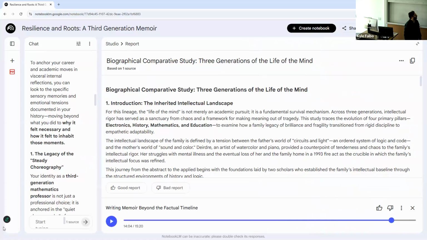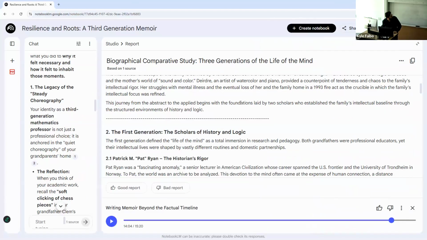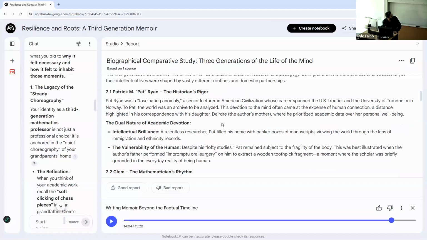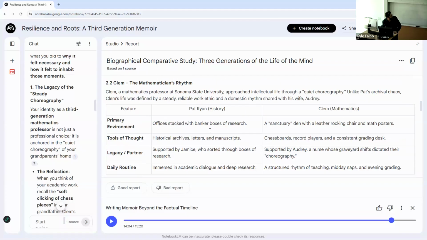So, biographical comparison study, three generations in the life of the mind. Here's this introduction piece, right? Who the players are, what they were individually doing. First generation, scholars of history and logic: my grandfather on my mother's side, my grandfather on my father's side.